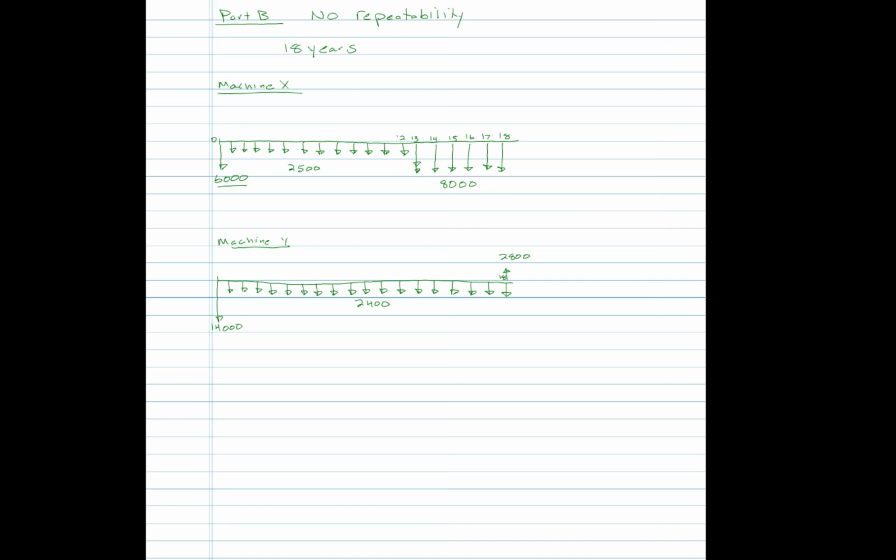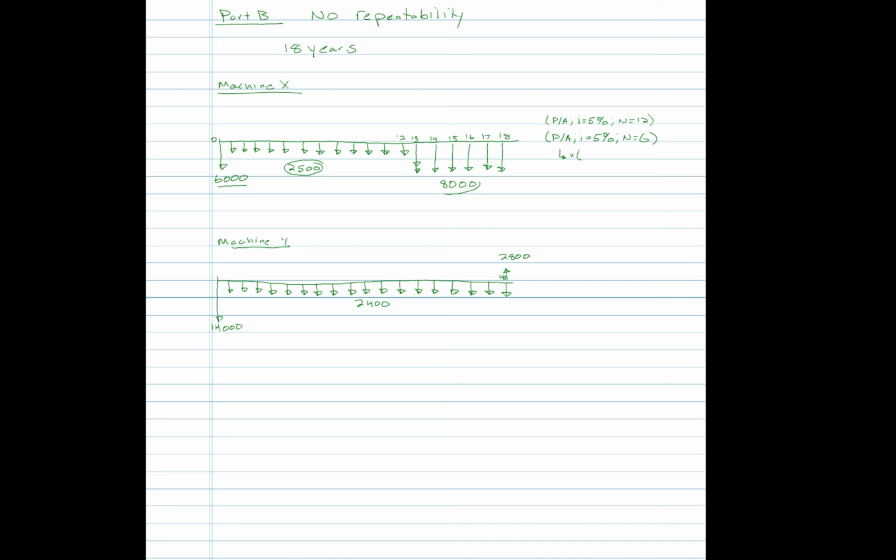So if we look at how we're going to do the comparison here, we're going to find the present value of some annual series where I is still 5% and N is 12. That will be taking the 2,500 every year from year 1 through 12 back to year 0. And then we're going to need to take the $8,000. It goes 1, 2, 3, 4, 5, 6 times, and so it's going to be a P/A of I is 5%, N equals 6, and that's going to take it to year 12, and then we're going to need to multiply that